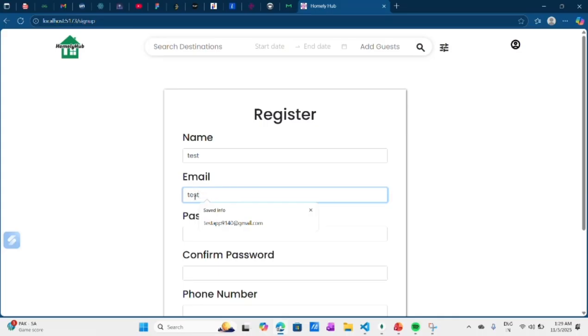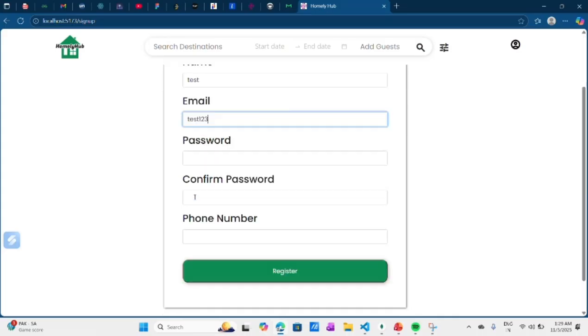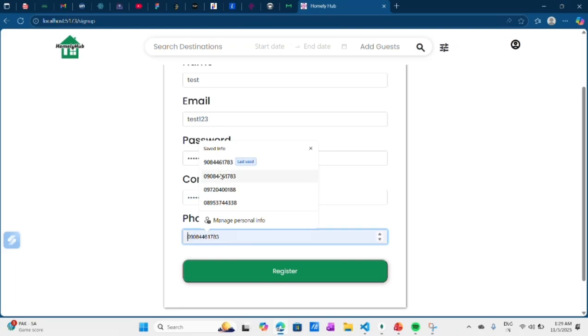Now, if a user wants to change something, they can open the edit profile file. This lets a logged-in user update their personal information.